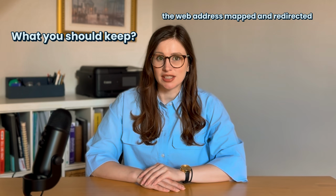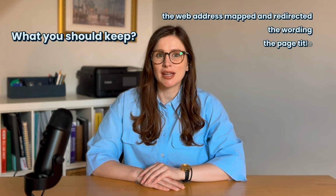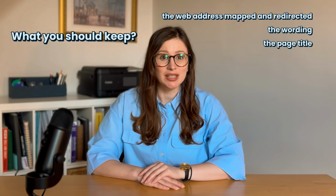If a page ranks well, keep its web address mapped and redirected. Keep its wording, and keep its page title much as it is, because that's the content that Google is rewarding. If you change all of that at once and your rankings dip, you'll have no way of knowing which change caused it. On the other hand, if your old foundation is weak or missing entirely, the migration is the moment